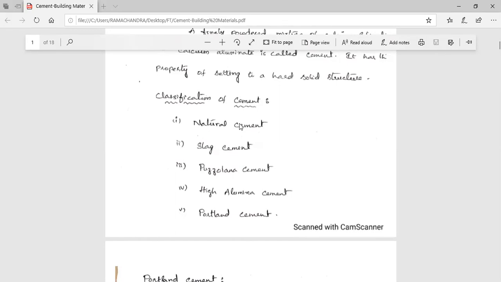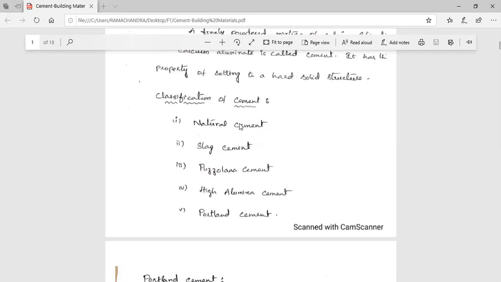So natural cement is naturally occurring limestone which has 20 to 40% of clay. That clay converts to cement when we apply heat and high temperature. The clay containing silica reacts with the limestone and forms calcium silicate. The clay containing aluminium reacts with limestone to give calcium aluminate. These two together are known as natural cement.